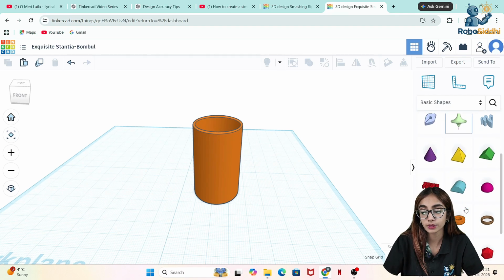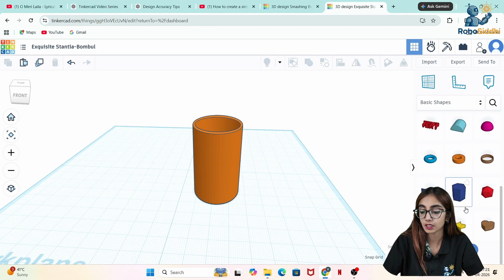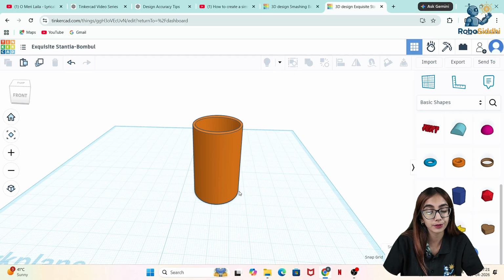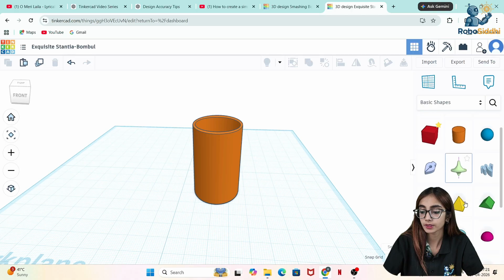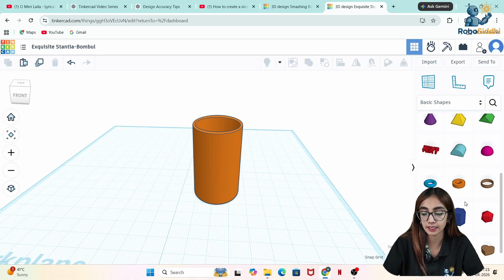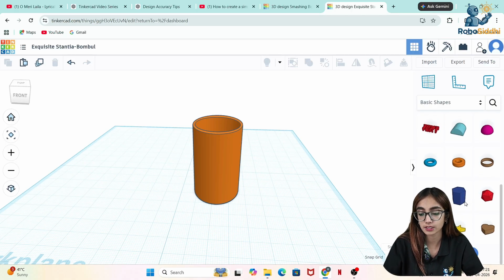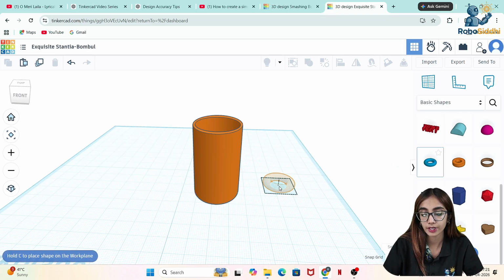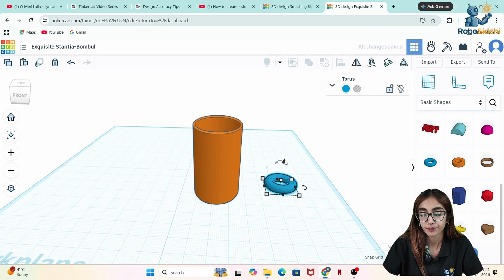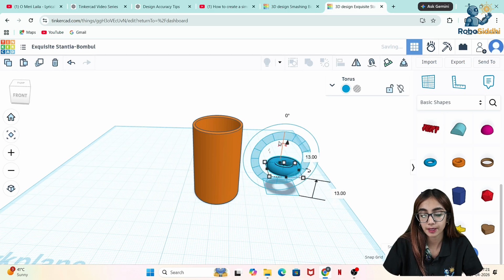So next we need a handle, a holder for that, right? A holder for this we need. So we can go crazy, we can try with anything, but since it's our fourth video only, so I'll go with a simple ring over here, right? If I lift it up and